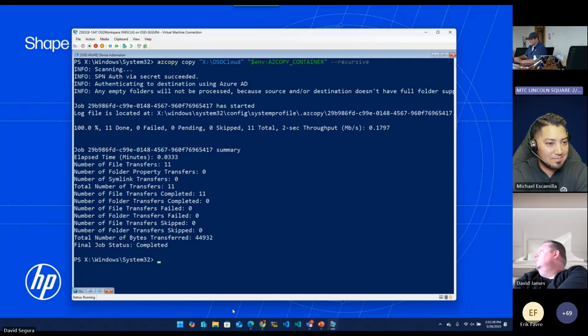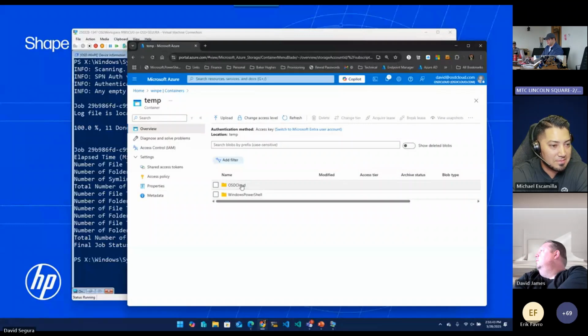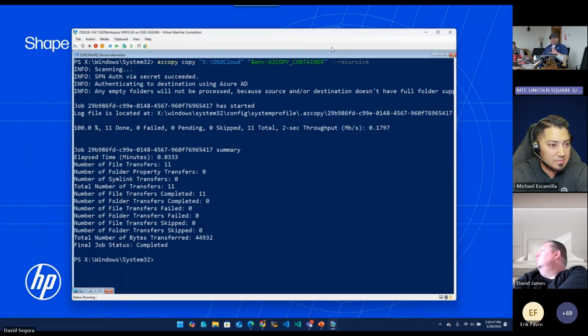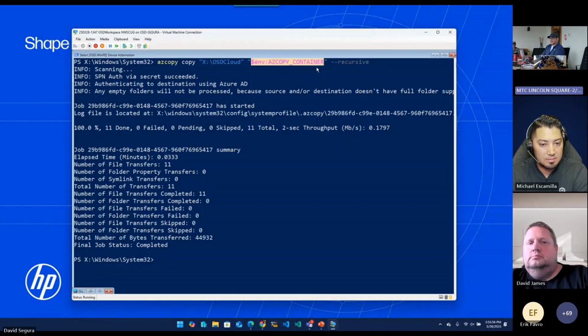Well, let's just make sure. Did we get it there? Let's refresh and bingo. So what AzCopy does, and a lot of Azure, is allows you to store environment variables to contain certain things. This one is not a supported AzCopy variable. I just put it there so I don't have to remember my URL. But you could